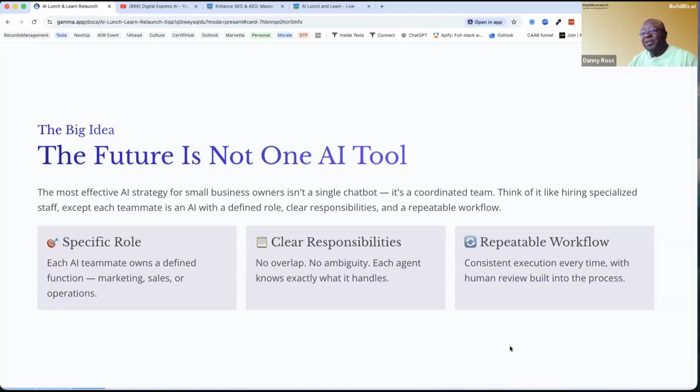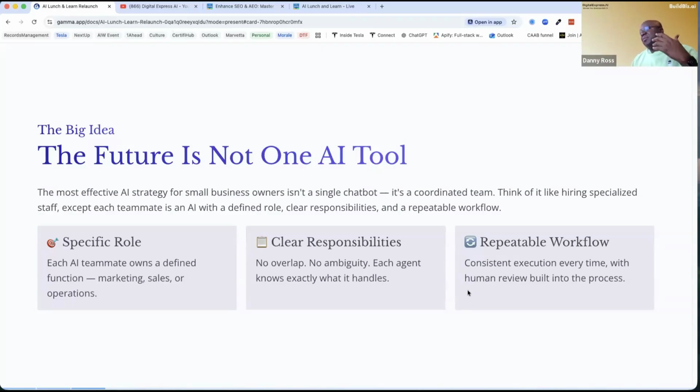Then the next step is, now I want to have it do something. I'm going to give it a role. I want it to do that specific task. I'm going to give it the goal of what I want it to do, and then have it be repeatable. So automatically it happens once a day, once an hour, once a week, however often we want to set the frequency, and it will create whatever content I wanted to create and go out and do the research that I wanted to do.